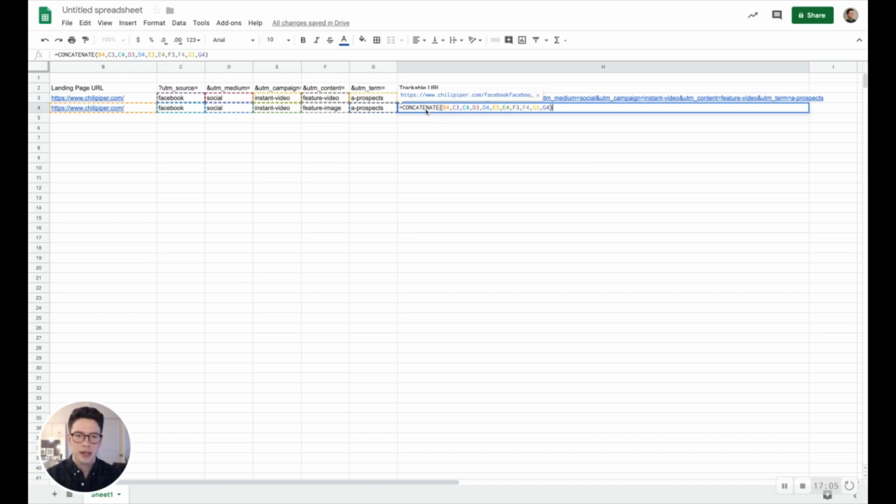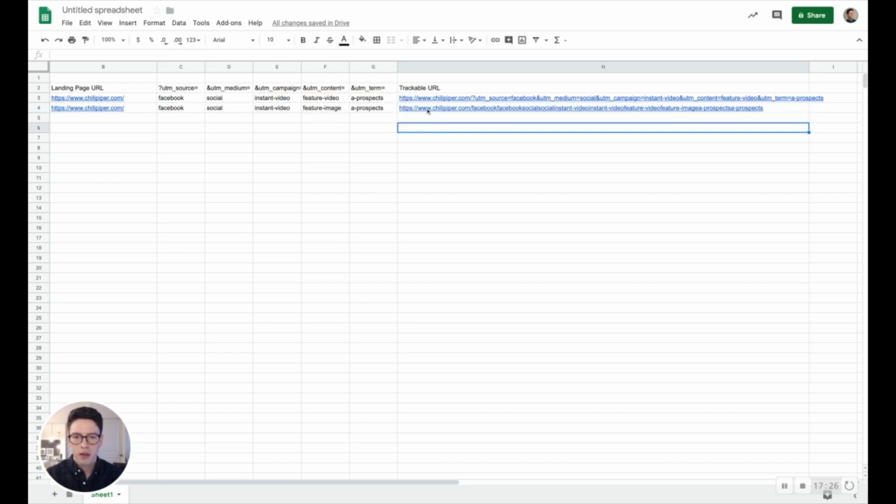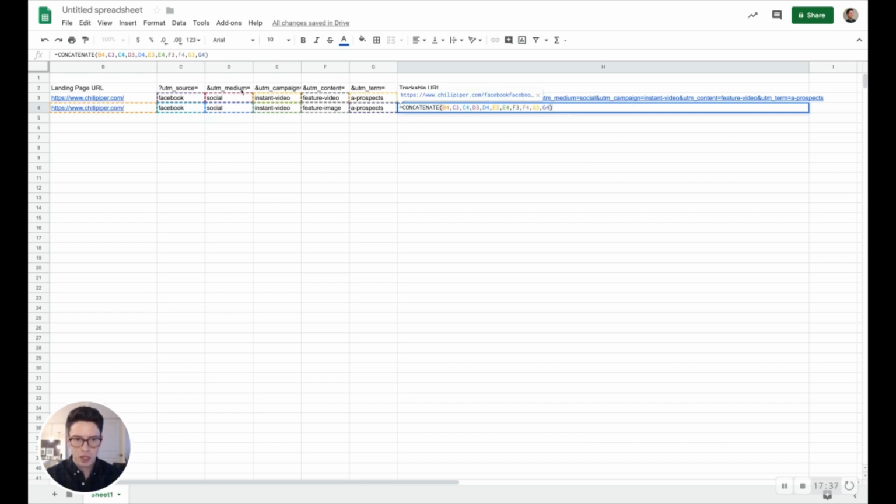And you'll see that now it's referencing the same. You'll see that the actual cells that it's referencing changed, but because we're using relative references here, it's still the same formula. 6 to the left, same row, etc. And then obviously the different cells you reference are a little bit different. So that's pretty cool. However, in our case, you can see that the trackable URL isn't right. It's not bringing in the UTM source, UTM medium, and that's because we used a relative reference at the top,